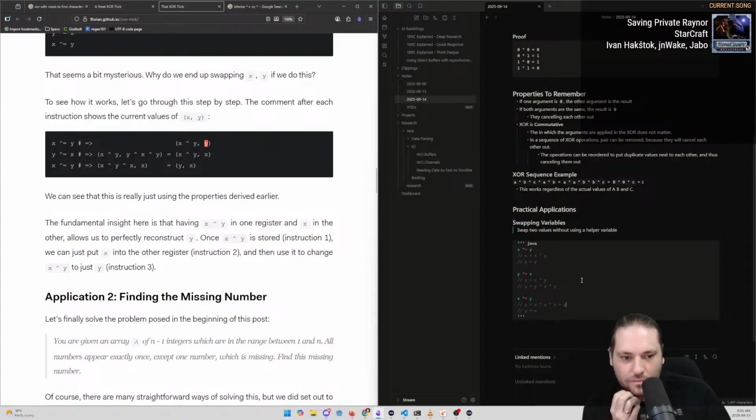Right? So X equals X XOR Y, and then in this case now Y still equals Y. So when we do Y XOR equals X, we know X is still equal to X XOR Y, and Y is now equal to Y XOR X XOR Y. So these two are going to cancel out to make X. And then, yeah, so down here we can say the first,